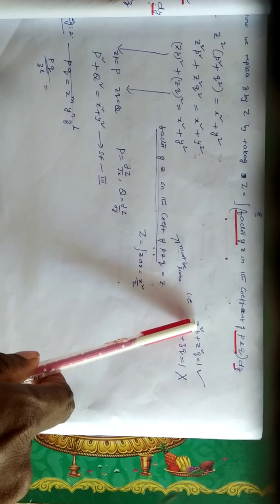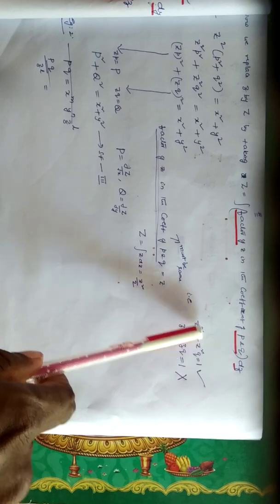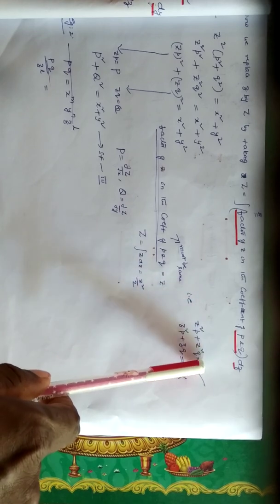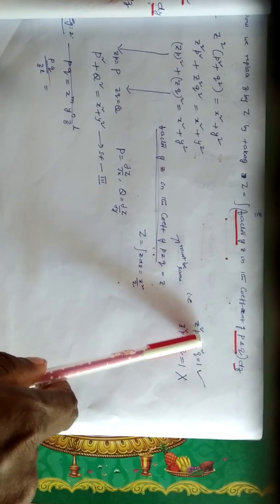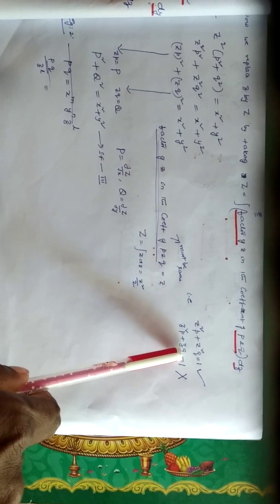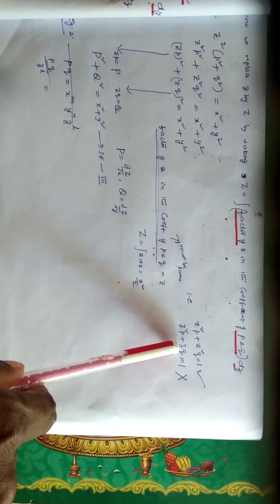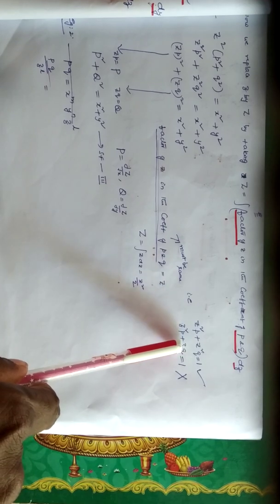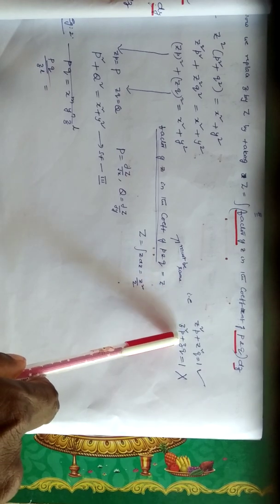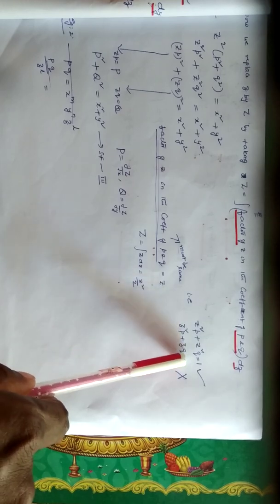For example, suppose we consider this problem. Here the association of z with p is z square and the association of z with q is also z square. That means the z appearing in the quotients of p and q must be the same. In that case, we can merge z in both p and q. Suppose we consider this example, z square into small p plus z into q. Here the appearance of z in p is z square, and the appearance of z in q is z. That means the appearance of z in p and q is not the same. Hence in this case we cannot merge z in p and q.